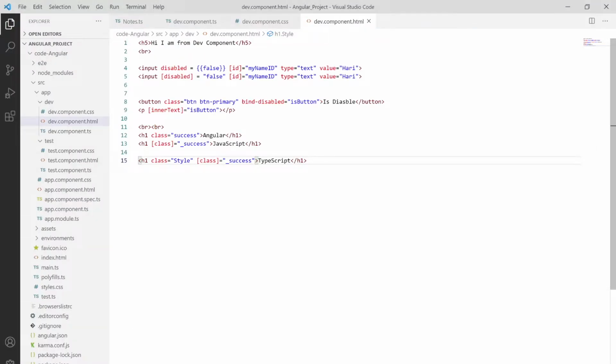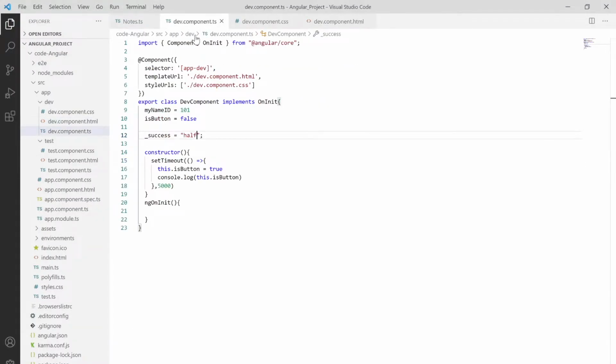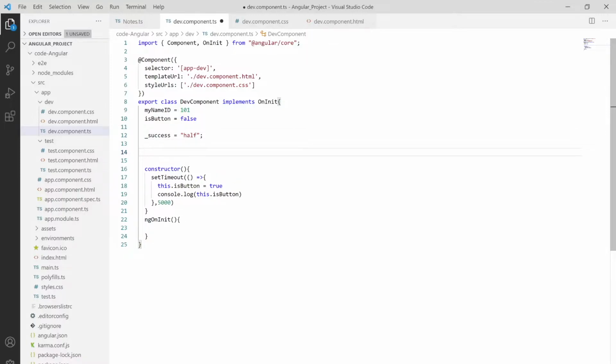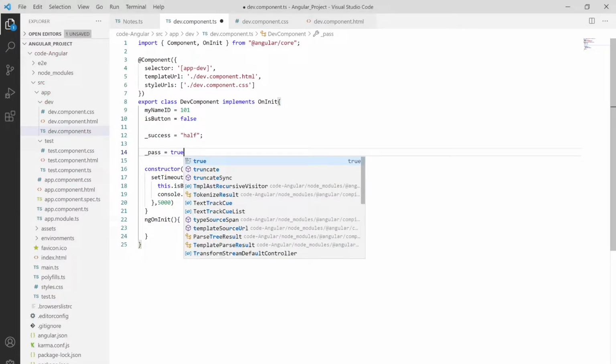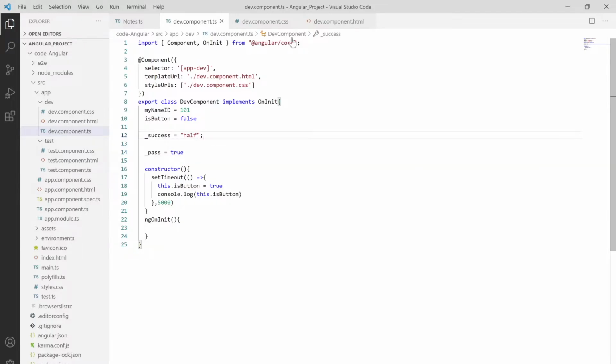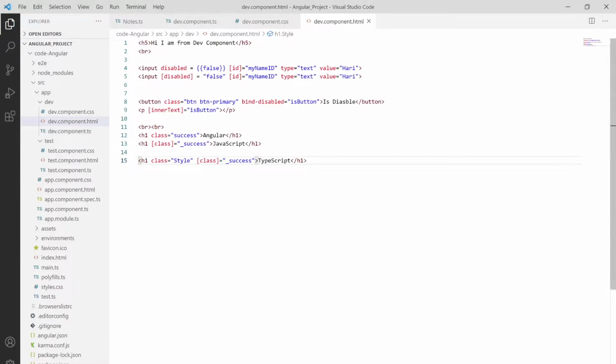So let me move toward the TypeScript code and declare one more variable. Here I'm putting the variable as, say, underscore pass, or simply a success. I'm assigning this variable to true, and then saving this, and moving towards our HTML.